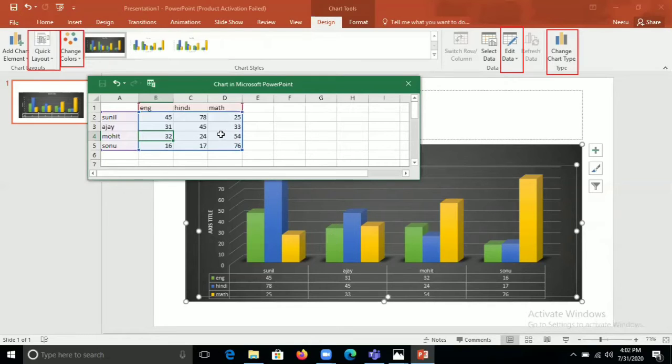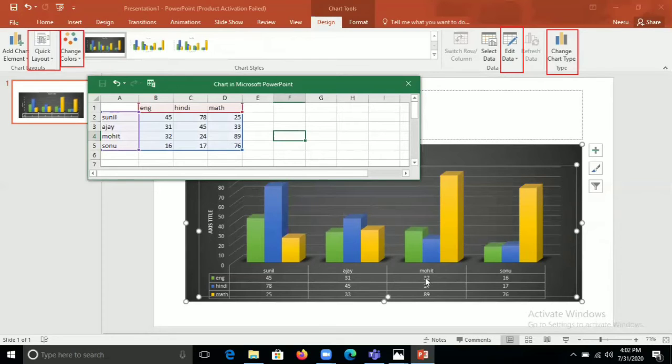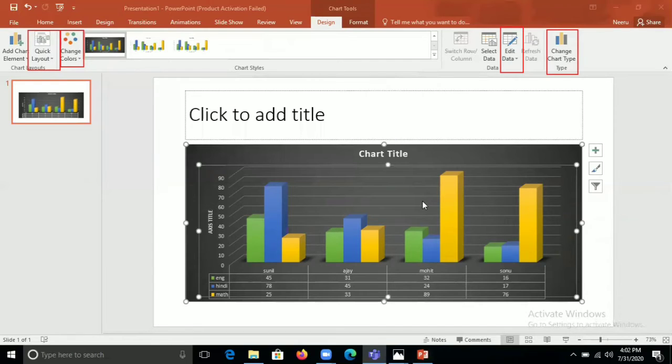So whatever modification you want to do, I am changing Mohit's math marks. I am making it 89 here. So you can see here now Mohit's math marks are 89, and in the chart also you can see Mohit's marks are 89. So like that you can do any modification which you want to do.